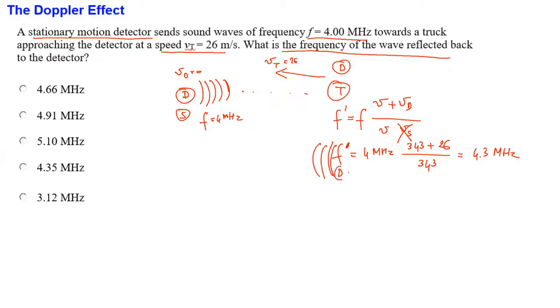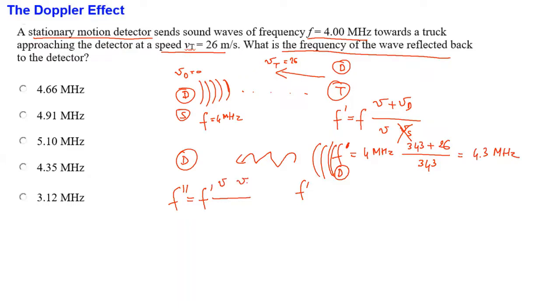The track now will echo the original sound at a frequency F prime, and that sound will come back to the detector here, the motion detector. Now the motion detector is a detector. At the beginning, the motion detector was a source, and that's the first phase. So the wave goes to the track, gets reflected. The motion detector now is detecting F double prime, which will be F prime